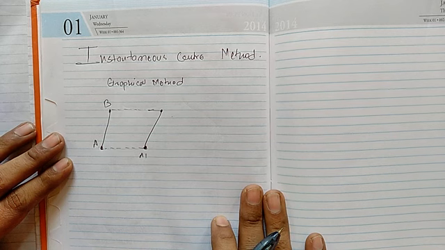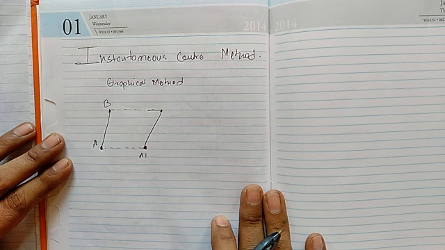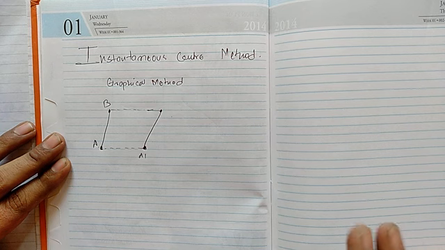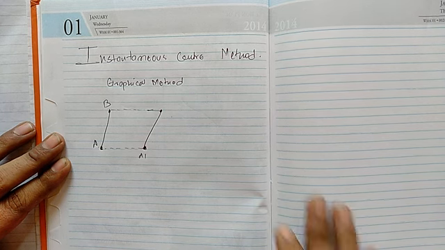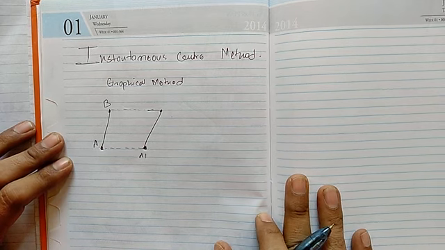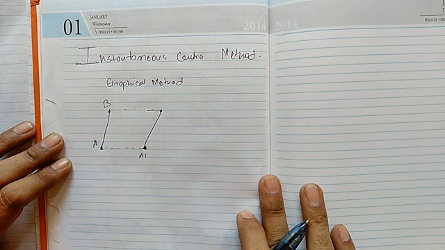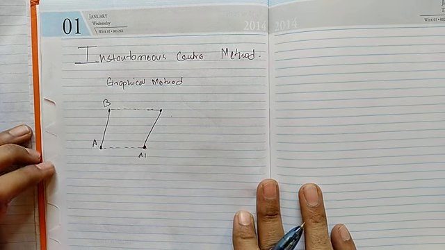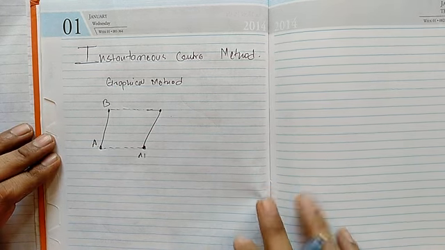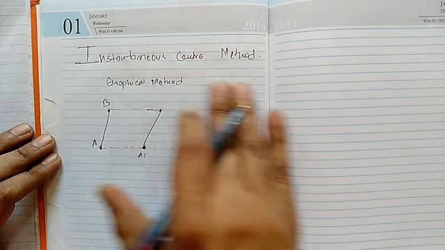Every mechanism consists of a number of links having motion. That motion I want to trace in the form of velocity or acceleration at a respective point or at a respective link. For that purpose, there are basically two kinds of methods. First, the instantaneous center method, and second, the relative velocity method. The relative velocity method we shall discuss later, after completion of the instantaneous center method.